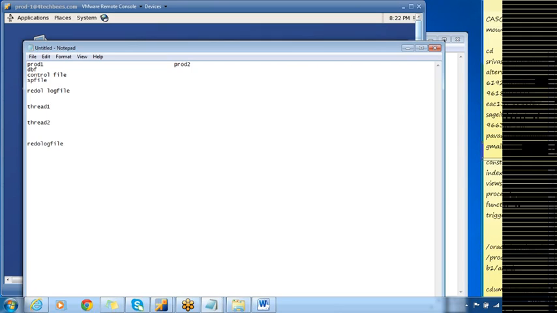Prod2 instance cannot write the redo information from the redo log buffer to thread1 redo log files, and prod1 cannot write redo information from the log buffer to thread2 redo log files, because thread2 is specific to prod2 and thread1 is specific to prod1. But prod1 can read the information from the thread1 redo log file as well as from the thread2 redo log file.